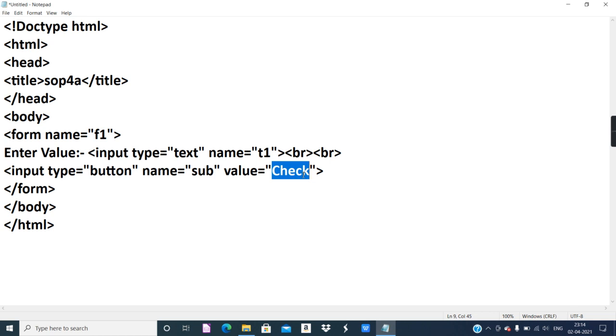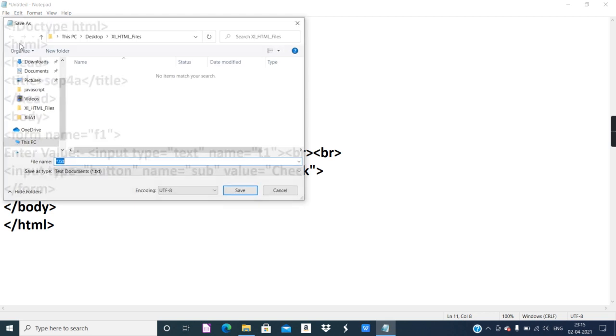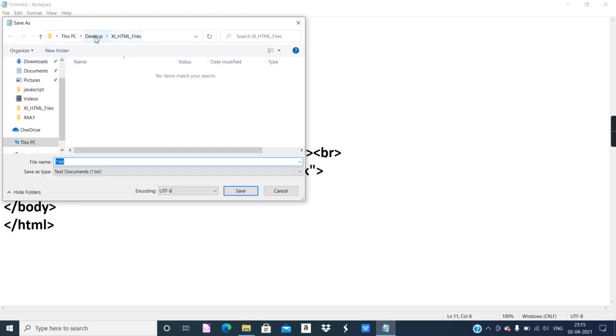All right, so now let's try to display this form, and then we have to do the coding separately to check whether the number entered by the user is exactly a number or not a number. First we will try to display this form. I am saving the coding in this desktop 11th HTML files.